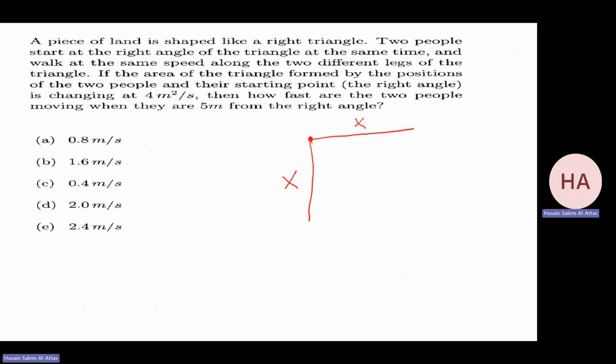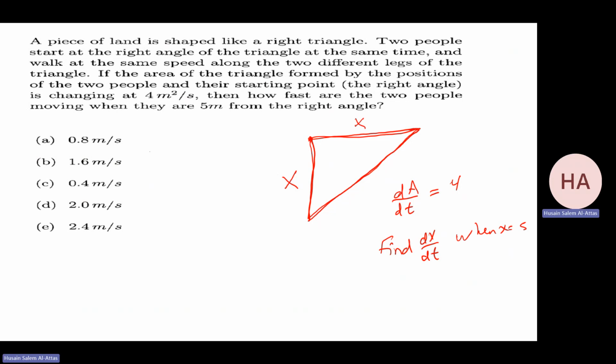What he wants, this will form a triangle. He said the rate of change of the area of this triangle equals 4. What he wants is dx, their speed, which is dx by dt, since they are moving x. When x equals 5,